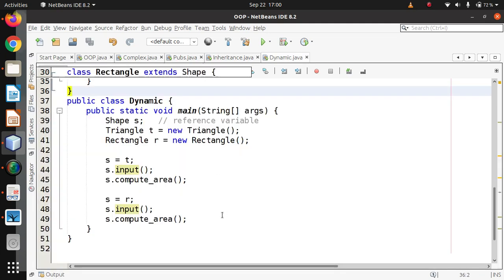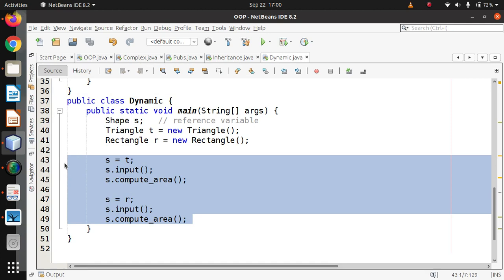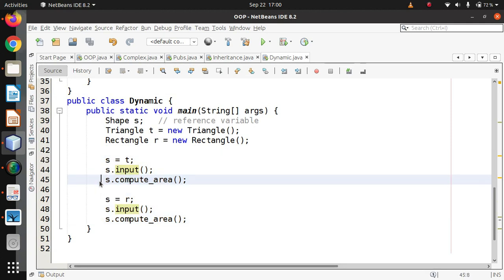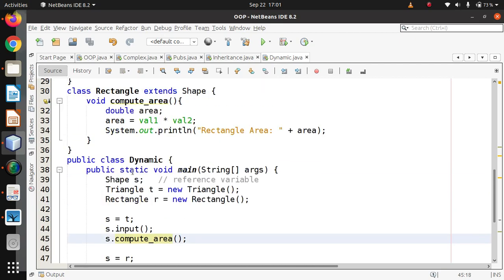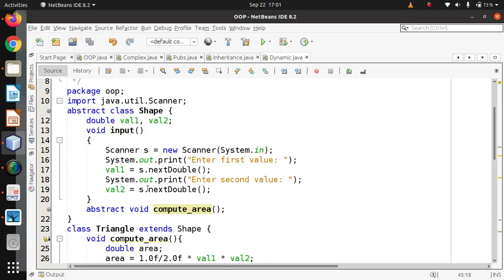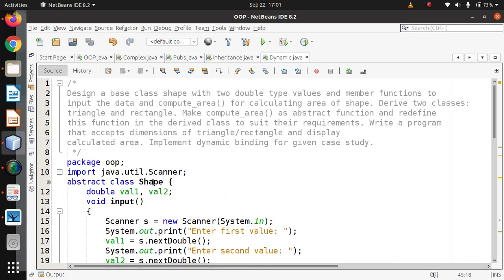This is what we call as dynamic binding. So based on the dynamic, means at runtime this is decided which version of the method to call. This is an important concept to know, how we assign the object to the reference variable of the superclass from this subclass, and this is how we are going to call it. So same methods are called. Input method is common for both, but remember, compute area is different. Compute area, first of all, is calculated for T and second time is calculated for R. So the compiler does not decide that, it is decided by the runtime environment, that is your Java virtual machine, your Java interpreter. So this is what we call as dynamic binding.